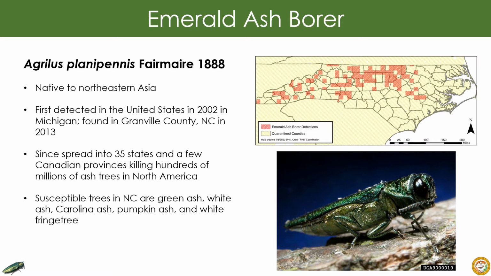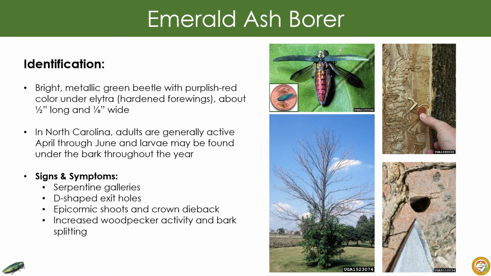Susceptible tree species include green ash, white ash, Carolina ash, pumpkin ash, and white fringe tree. Although quite destructive, emerald ash borer is a striking insect. EAB is bright, metallic green with a purplish red color under the elytra, the hardened forewings of the insect. It is typically about half an inch long and 1/8 of an inch wide. In North Carolina, adults are typically active from April through June, and the larvae can be found under the bark